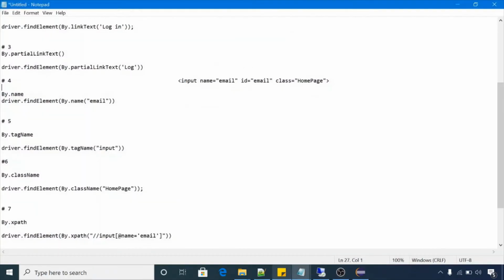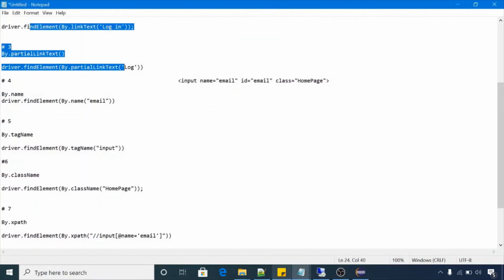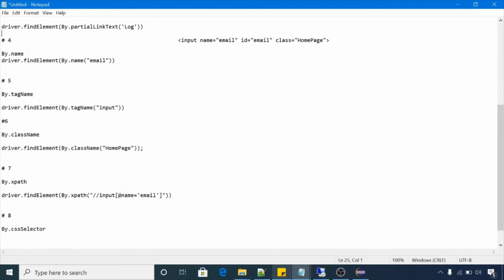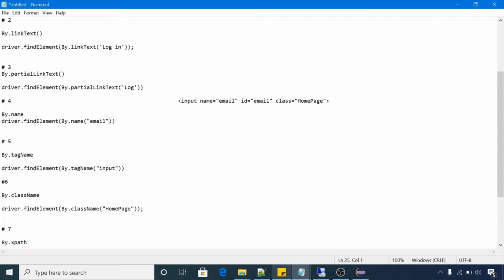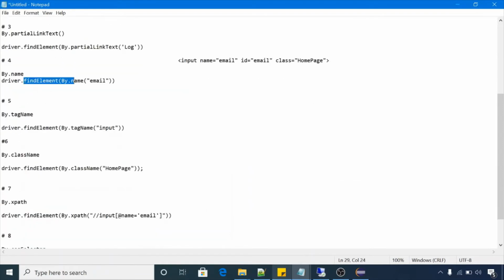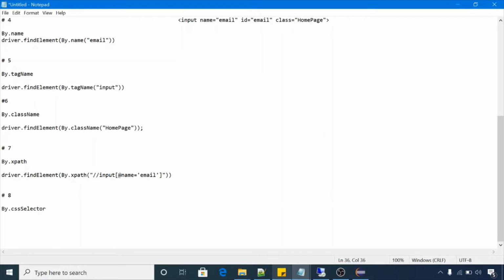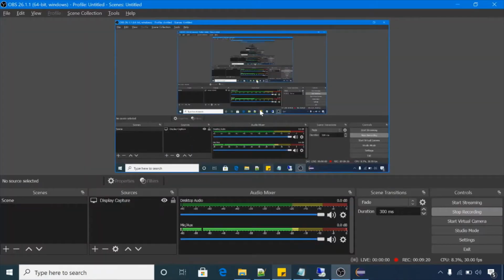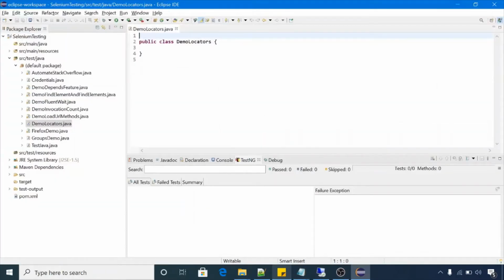Now I told you about these 8 different locators. So we will try to use these locators in our script. We will try to use ID, link text, and name also, tag name also, and XPath also. So this is your class.